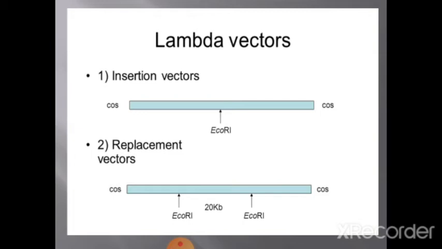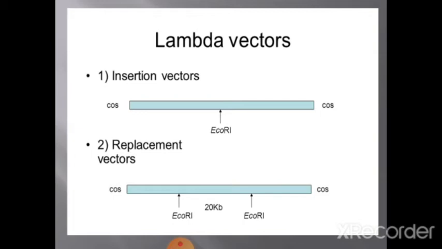What is done is, this linear DNA molecule is given EcoR1, a cut is made, and the DNA of your choice is inserted in this region. How exactly it is done, I have given the diagrammatic representation in the notes, you can just refer. Okay. Now,